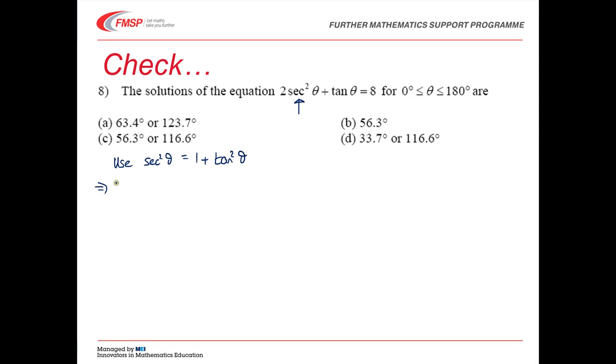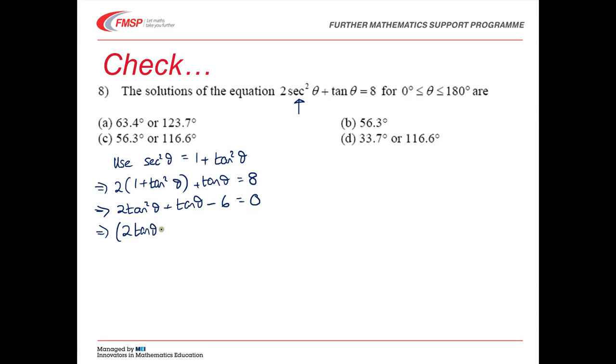And that means that 2 lots of 1 plus tan squared theta plus tan theta equals 8. Tidying that up into standard quadratic form, 2 tan squared theta plus tan theta, that's plus 2 minus 8 is minus 6 equals 0. And factorising: 2 tan theta minus 3, tan theta plus 2,